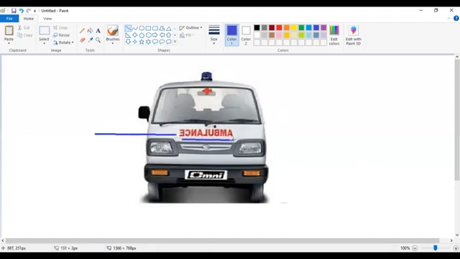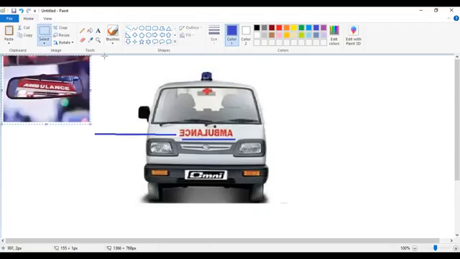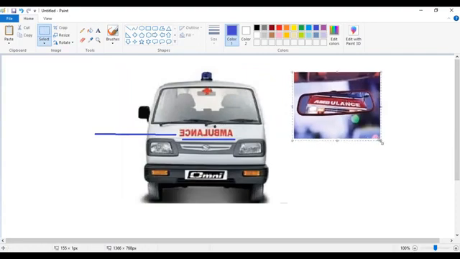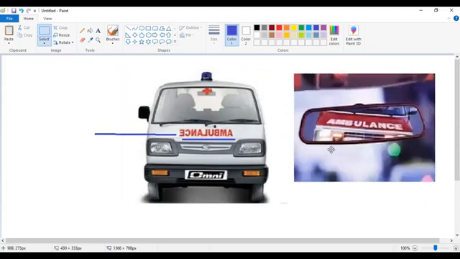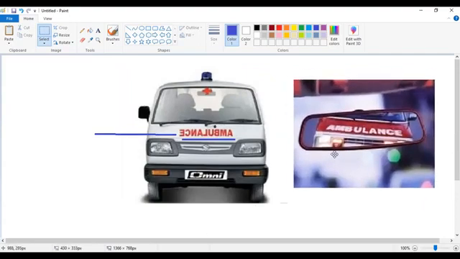The letters are written in an inverted form such that if a vehicle going in front of the ambulance watches it in the rear view mirror, which is a plane mirror, then the word ambulance can be seen again with lateral inversion, such that now the lateral inversion will help the person to read the word in an